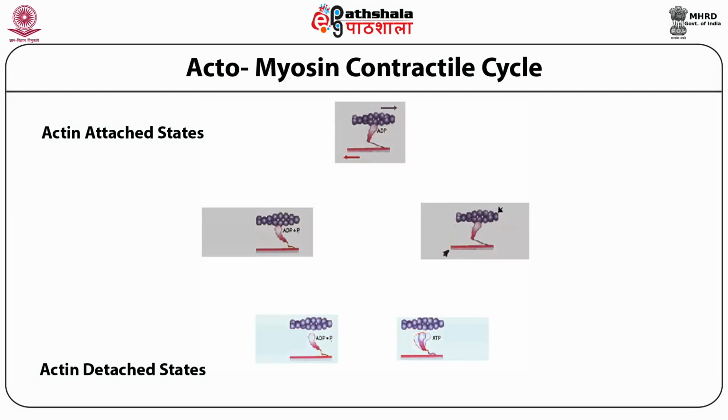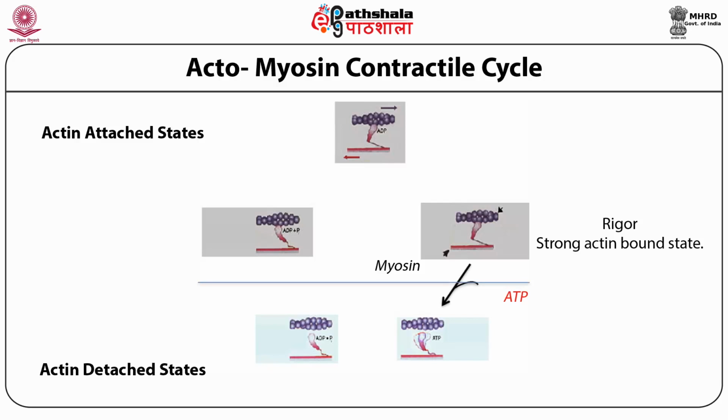Now, after the information we got from the structures, we can go back and look at the contractile cycle again. When there is no nucleotide, the myosin is bound to actin very strongly. This is called the rigor state, where, if you remember, the upper 50 and the lower 50 kilodalton domains come close and the nucleotide binding site is open,